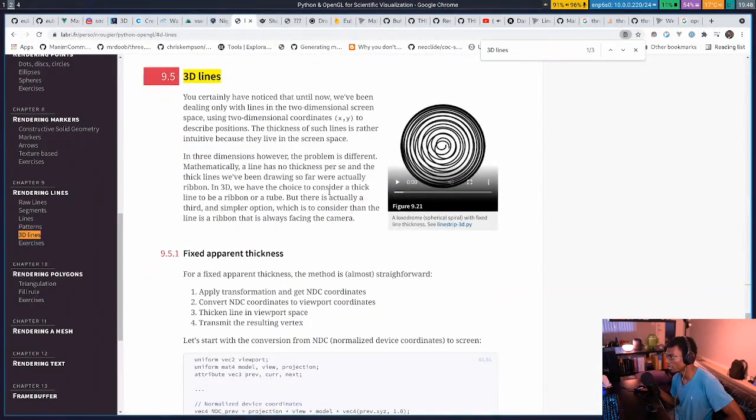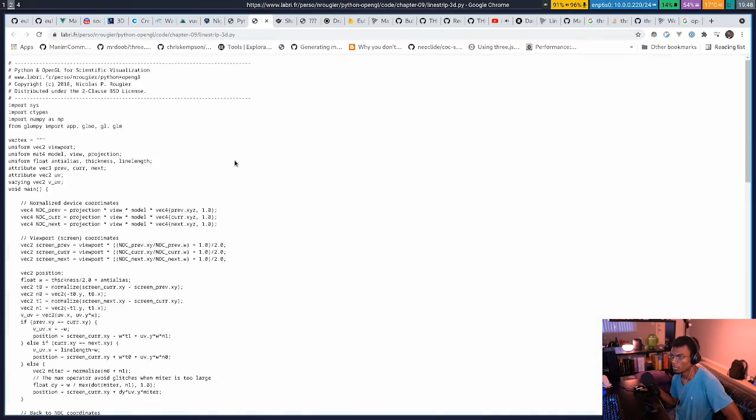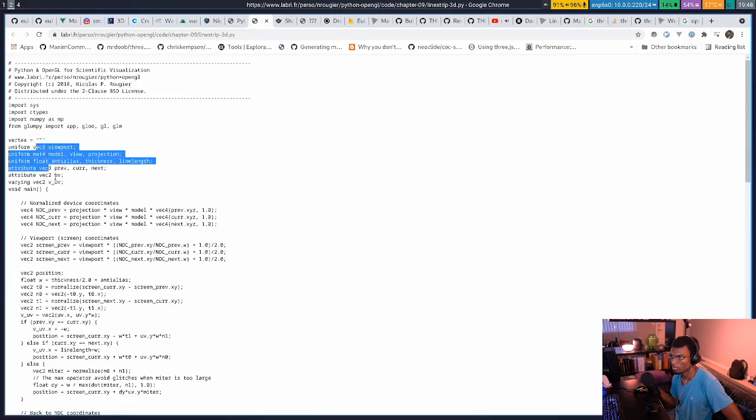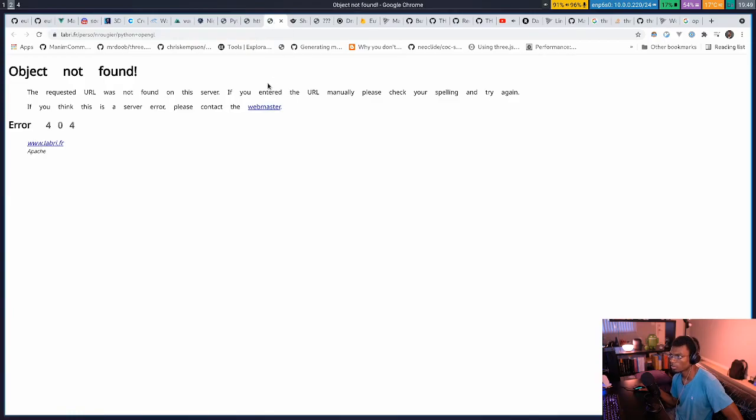Does he give a shader for this? Linestrip3D.py. It's really good he just gave this code out. .fr. Well,